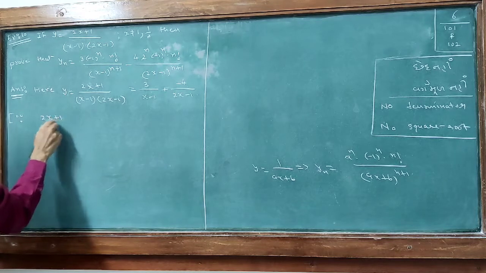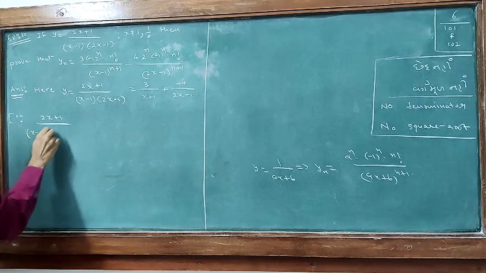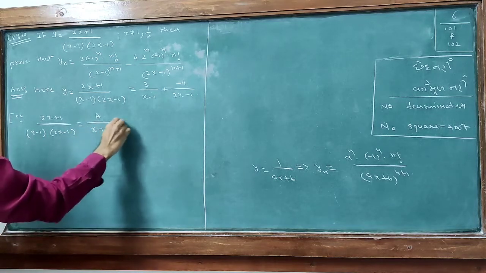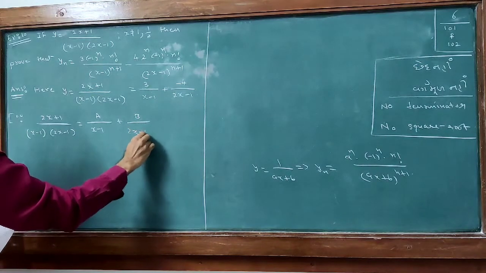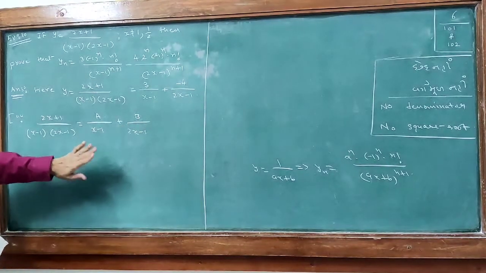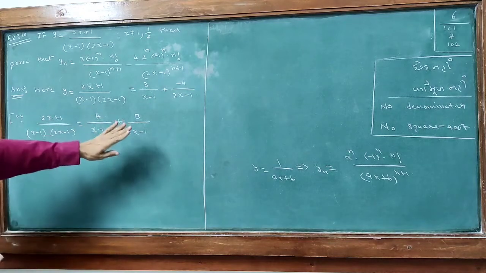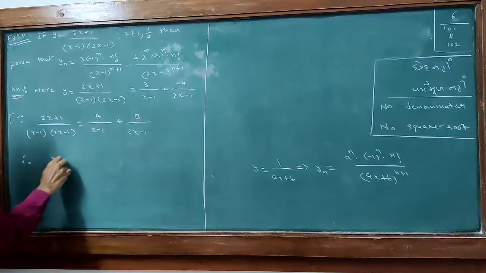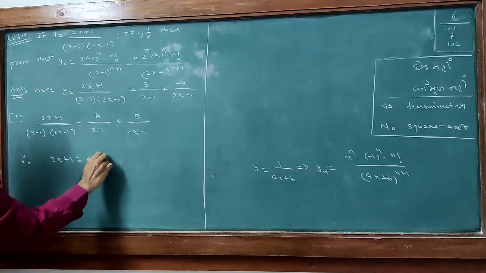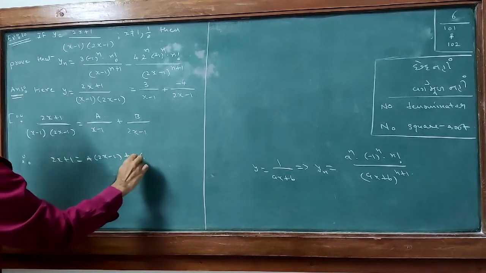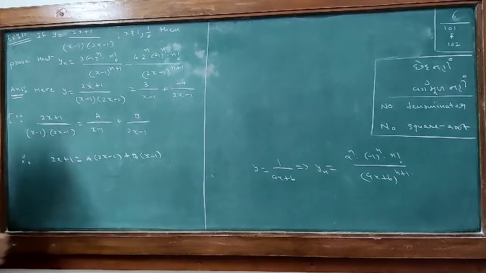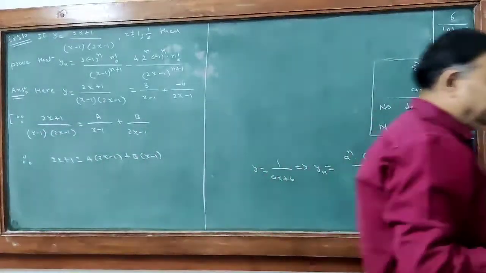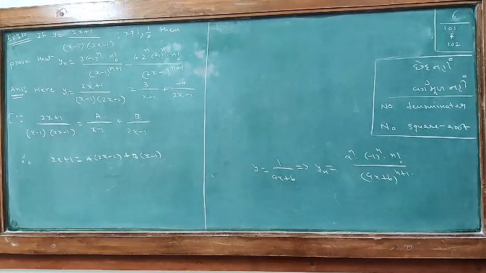Because 2x plus 1 upon x minus 1, 2x minus 1 is a upon x minus 1, b upon 2x minus 1. a and b are constants and therefore 2x plus 1 equals a into 2x minus 1 plus b into x minus 1, multiplying the denominator on the other side. And therefore